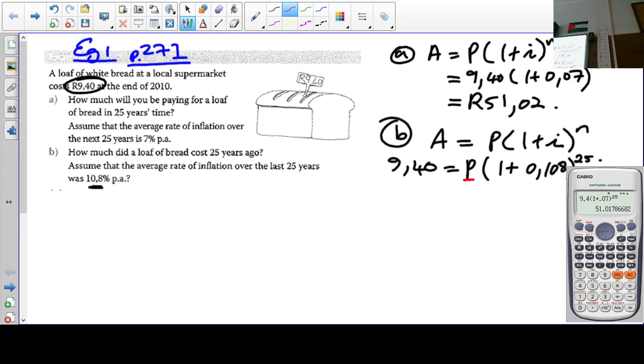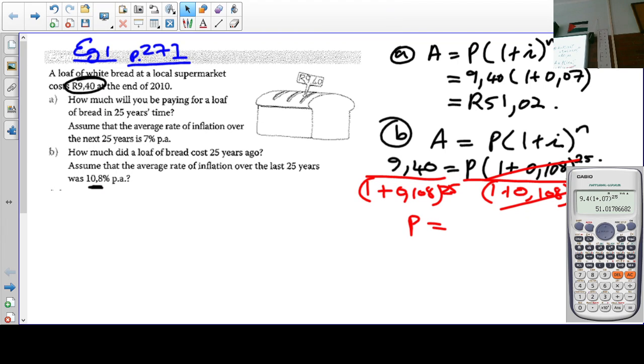We divide both sides by 1 plus 0.108 to the exponent 25. You put that in a calculator. 9.4 over 1 plus 0.108